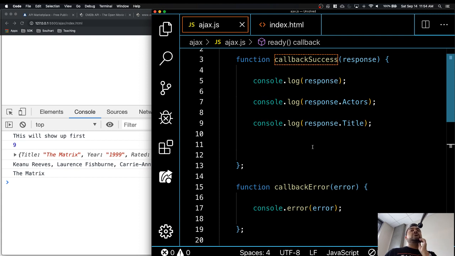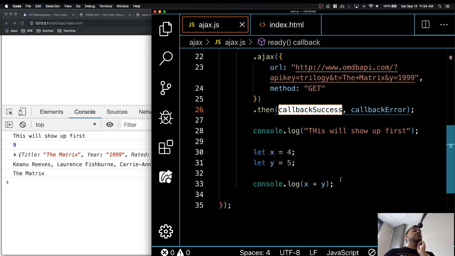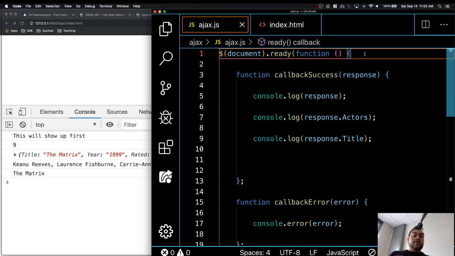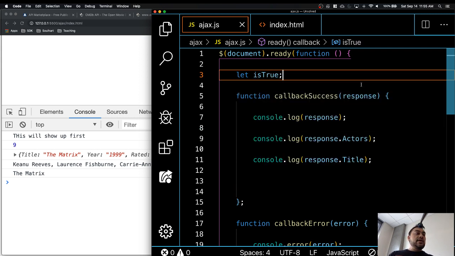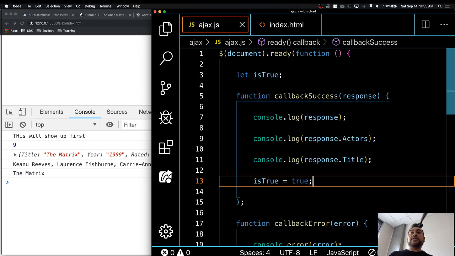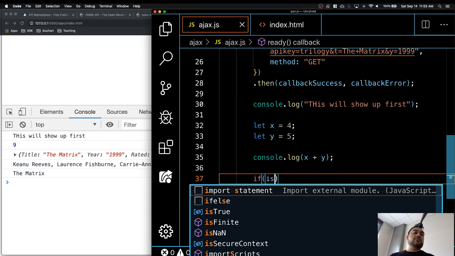JavaScript is checking. A function outside of that function? Oh, that boolean is not going to help you. Why? Because if you put a boolean here, that boolean is always going to get executed first before this comes back, because this is not synchronous code. If I put a global variable here and then set my flag to true when I got my data back, the problem is that the statement outside this function is always going to be executed first. So you will